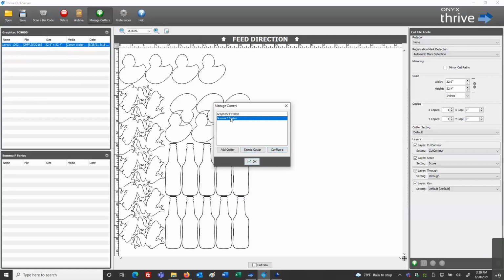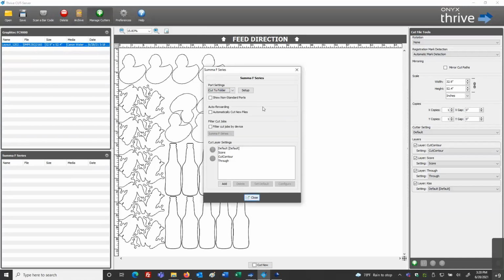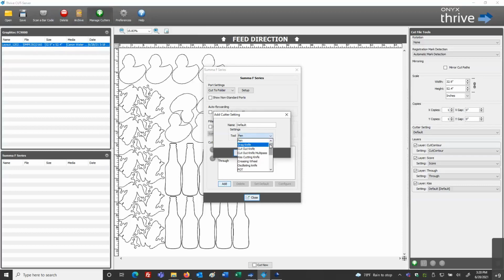If I go to, for example, a Summa cutter, any other cutter, and you go to Configure, again, I can add and give this a special name and then identify for that cutter model the type of cut mechanisms they have, the controls that they have. And I can give this a name.